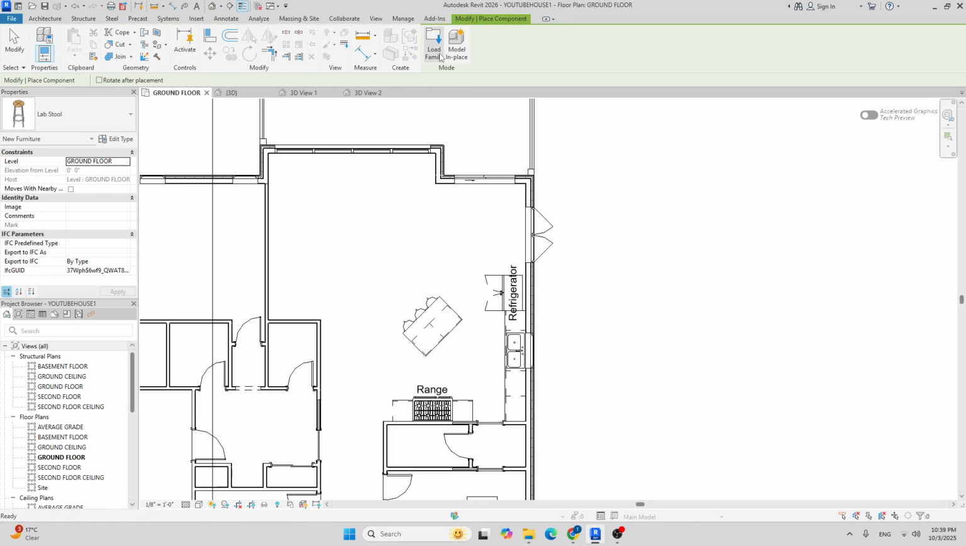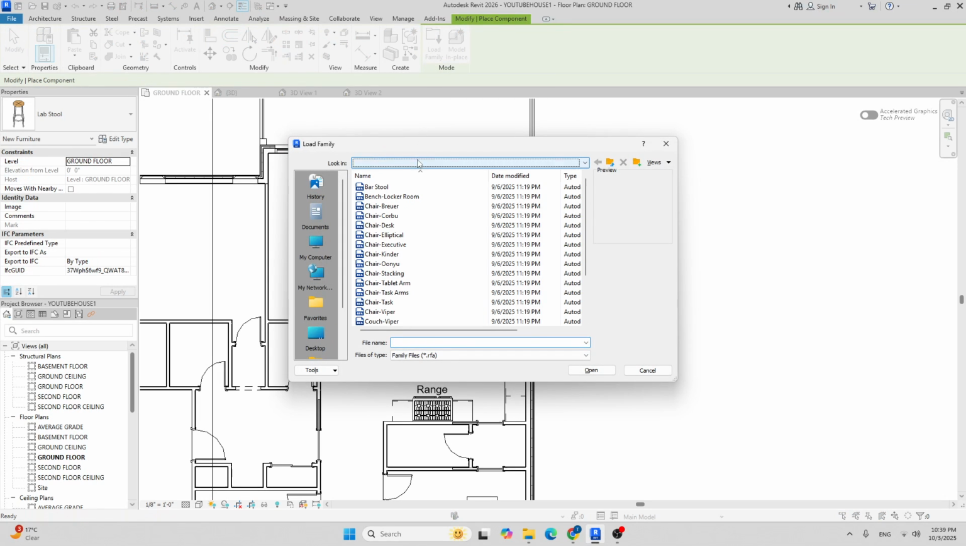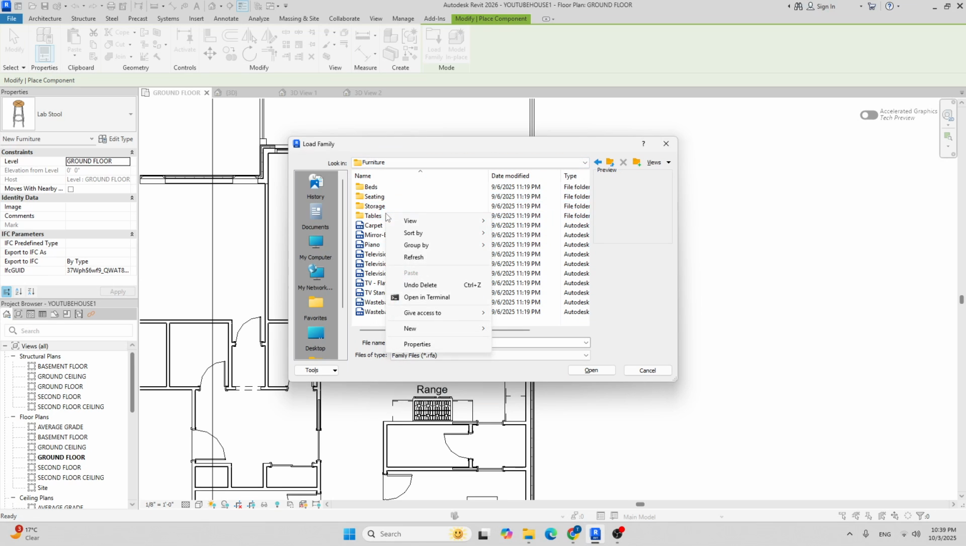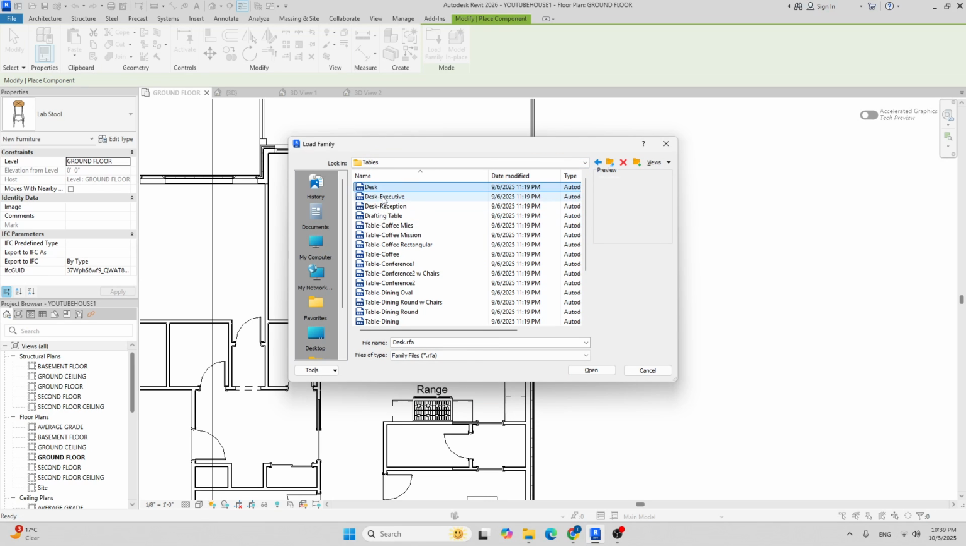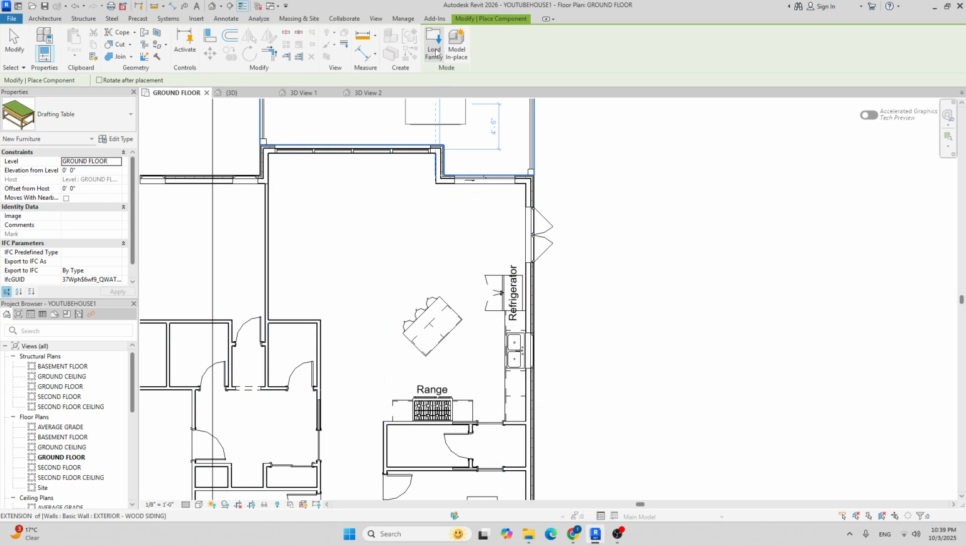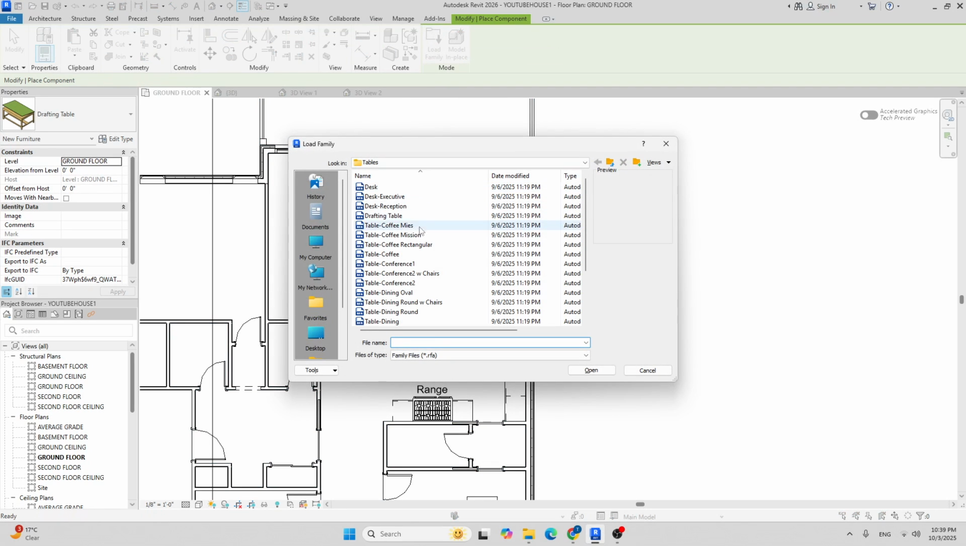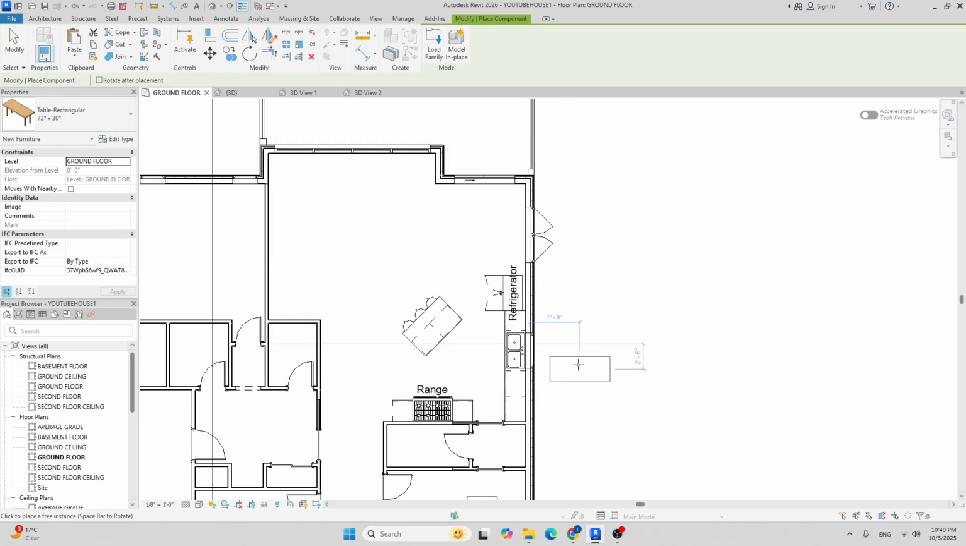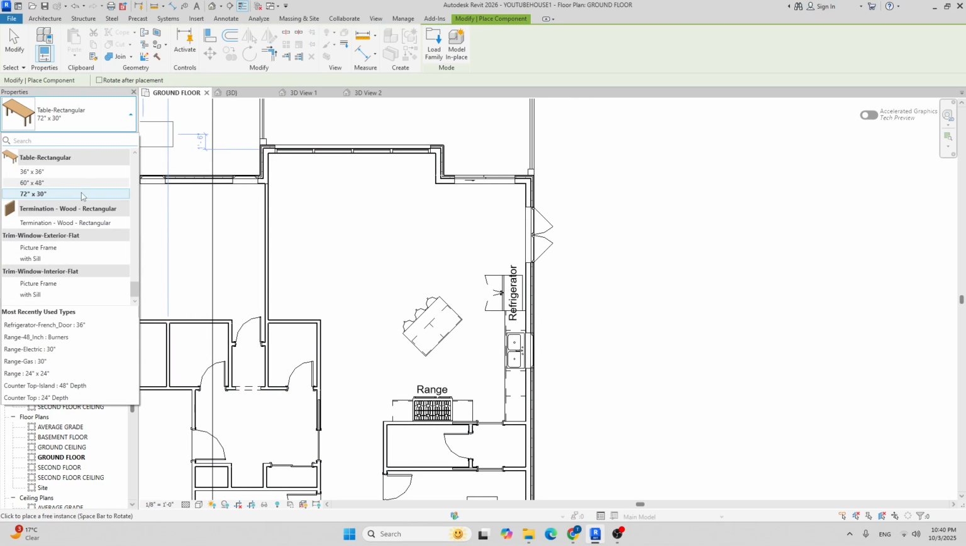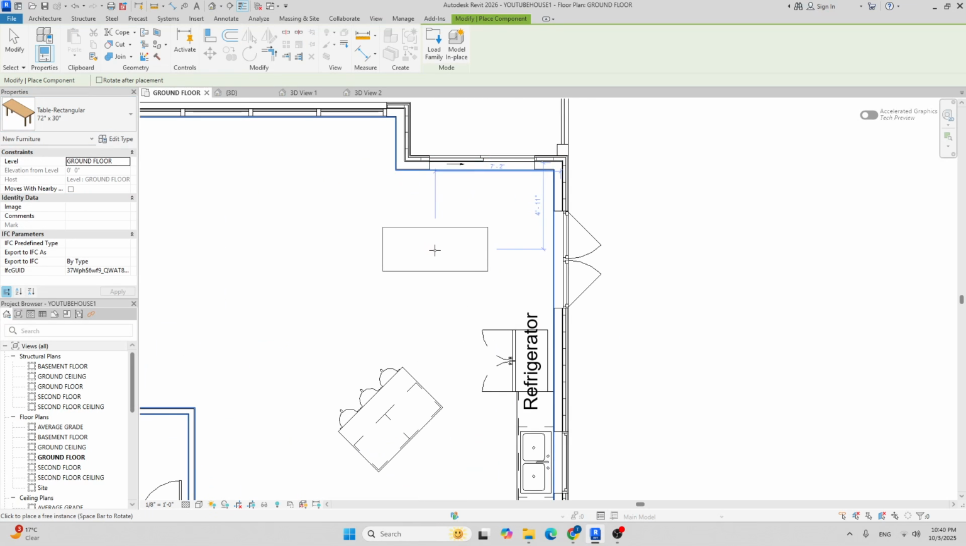So I'm going to go component, load family, and I will find furniture, and I will find table, and I will find a dining table if there's any. My mouse is malfunctioning, but I'll go with table dining, maybe the table rectangular. I like this one. I'll hit open. 72 by 30, not bad. I'll click right here,